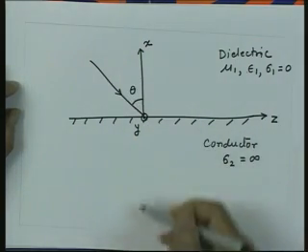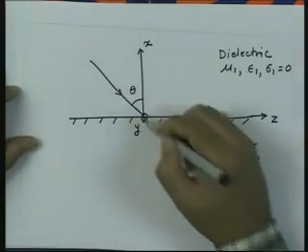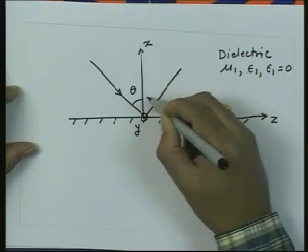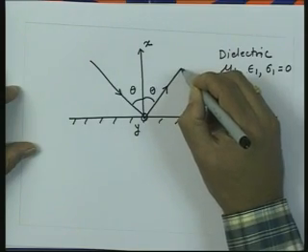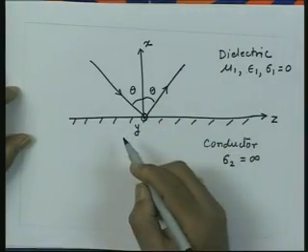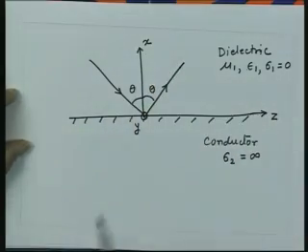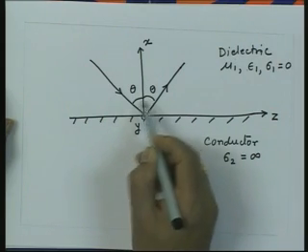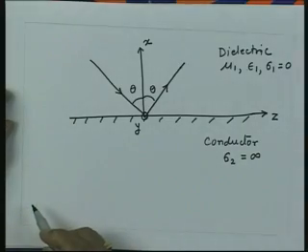There is no angle in the second medium, where the wave is not propagating because of infinite conductivity, and the angle of incidence and reflection is the same, which we have already seen. So, this angle is also theta. So, this is a reflected wave. We have an incident wave and a reflected wave, and both these waves make an angle theta with the normal to the interface, and that is what we had seen earlier. This condition, angle of incidence equal to angle of reflection, is the law of reflection.